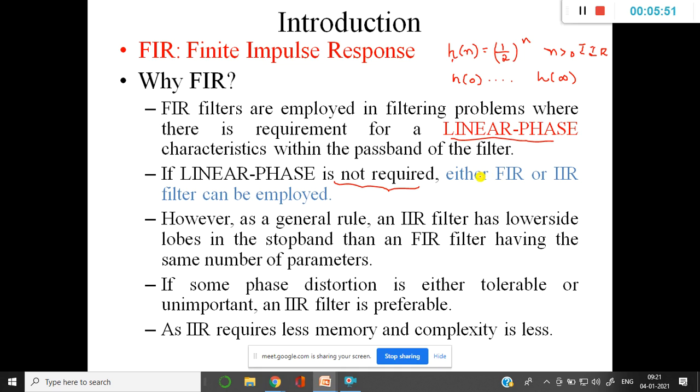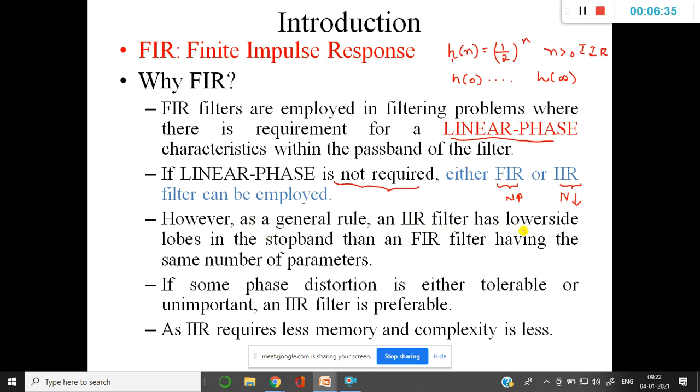If I don't require linear phase, I obviously go for IIR filter, because the hardware complexity, or the order of the filter, the n value, is much lesser in comparison with FIR filter. For the same specifications, the FIR filter requires a higher order n. For the same specification, the order of filter required in IIR is less as compared to FIR filter. However, as a general rule,